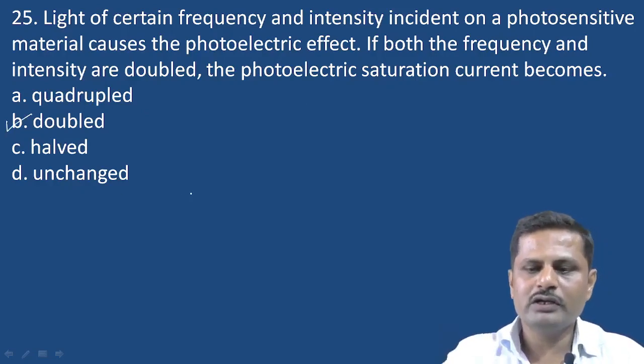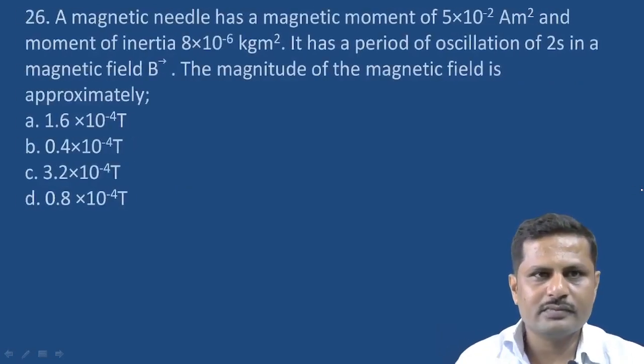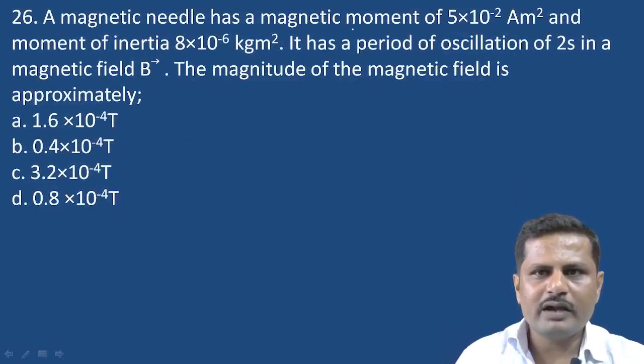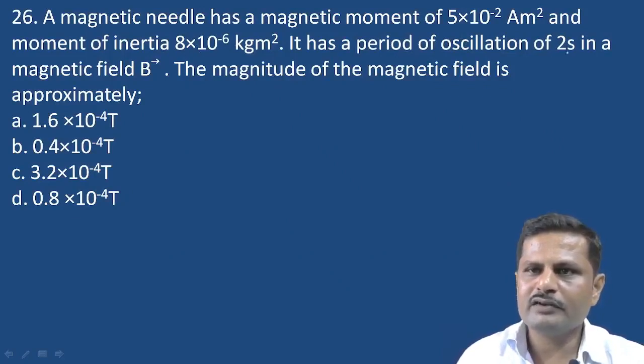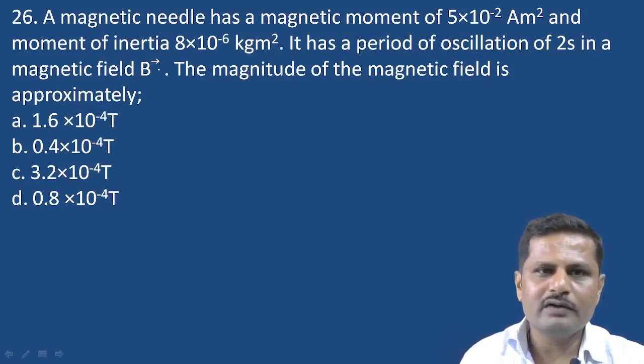Moving to the next question, that is, a magnetic needle has a magnetic moment of 5 into 10 to the power of minus 2 ampere meter square and a moment of inertia of 8 into 10 to the power of minus 6 kg meter square. It has a period of oscillation of 2 seconds in a magnetic field B vector. The magnitude of the magnetic field is? As we know, the period of oscillation of a magnetic needle in the magnetic field